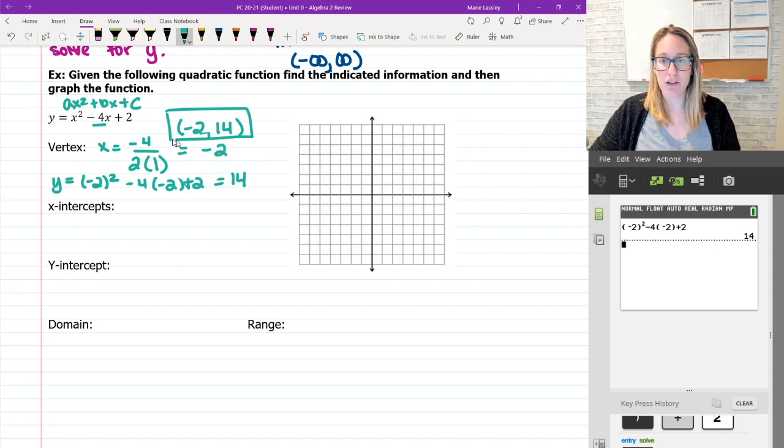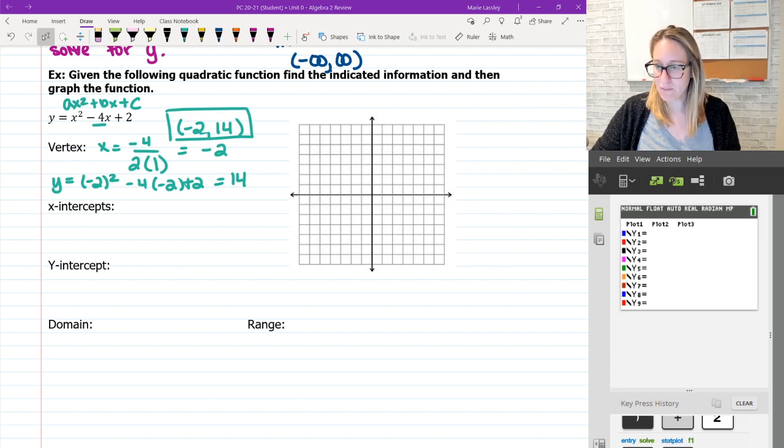Now we said we're just gonna use our calculator for this. What I mean by that is if you have a graphing calculator, I know mine looks a little bit weird. It's just a normal TI-84 or whatever. It just kind of looks funky, so just go with it because it's only showing you the screen. What we need to do is go into y equals and put in our function. So we have x squared